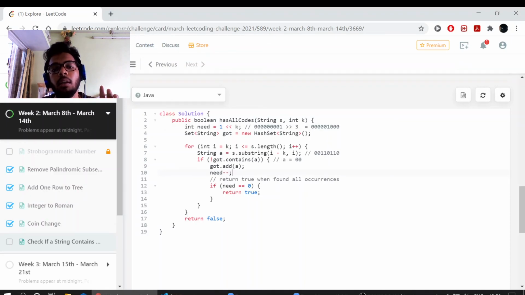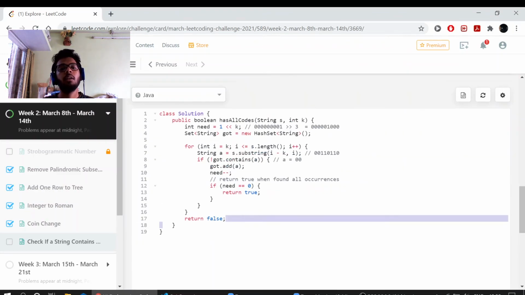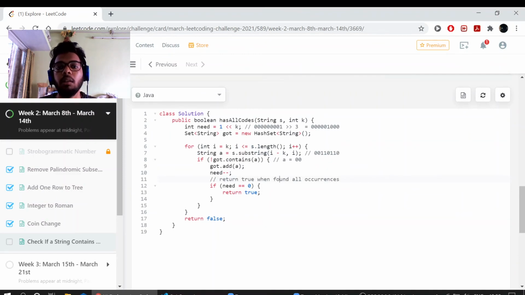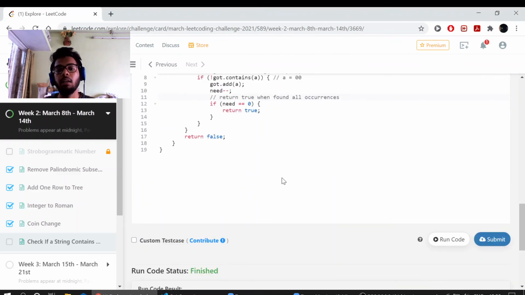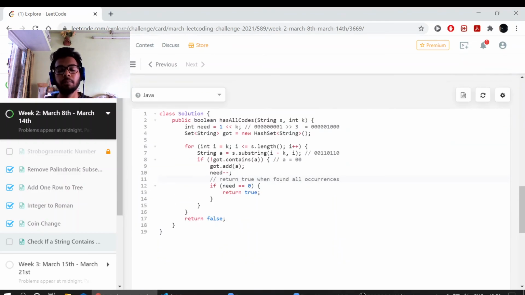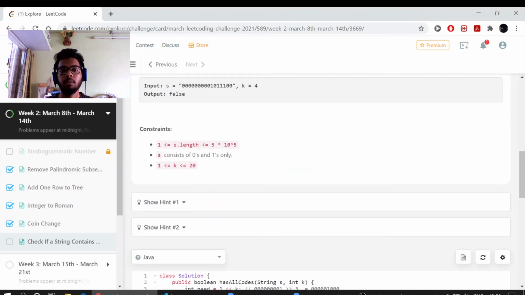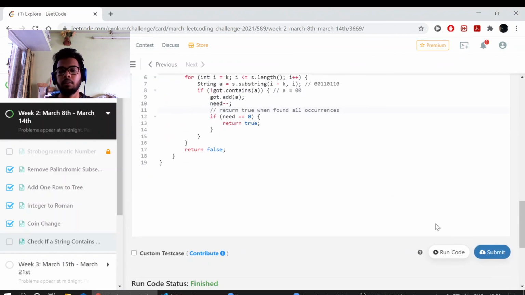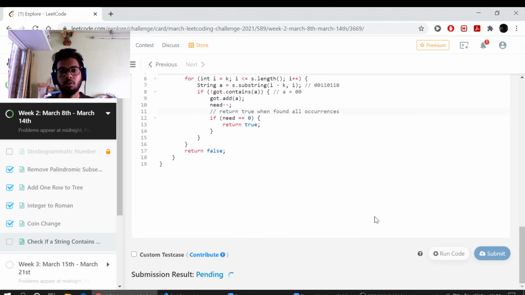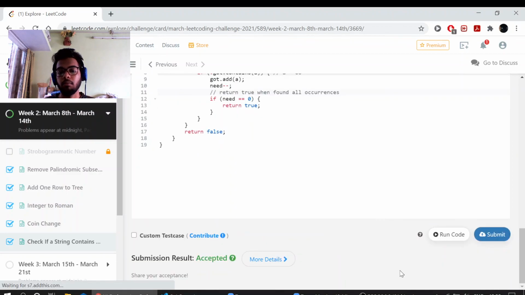As we go on, these 3 will also be reduced to 0, and as you can see, if it is 0, return true. If it's never 0, that means there are fewer than 4 or 8 or 16 unique things. So if there are fewer than that number of unique binary codes, that means not all the binary codes are present, some of them are missing from this string. And that is really it for this question. That's all you need to do. I hope you understood the problem, and thank you so much for watching.